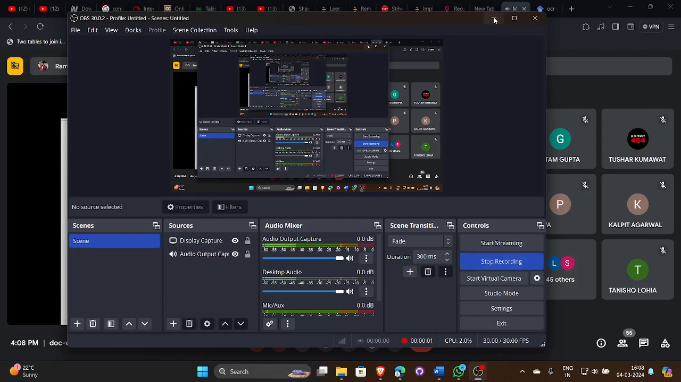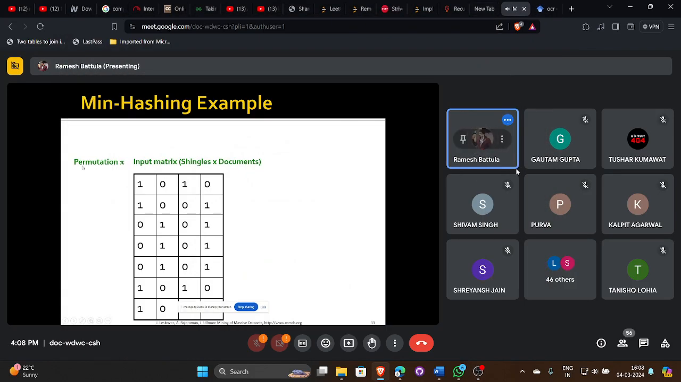Suppose in this MinHash example, you have to take a random permutation. So all the rows you need to take. How many rows are there? One, two, three, four, five, six, seven rows are there. The same rows we are using and we are randomly permuting. Once you have randomly permuted,